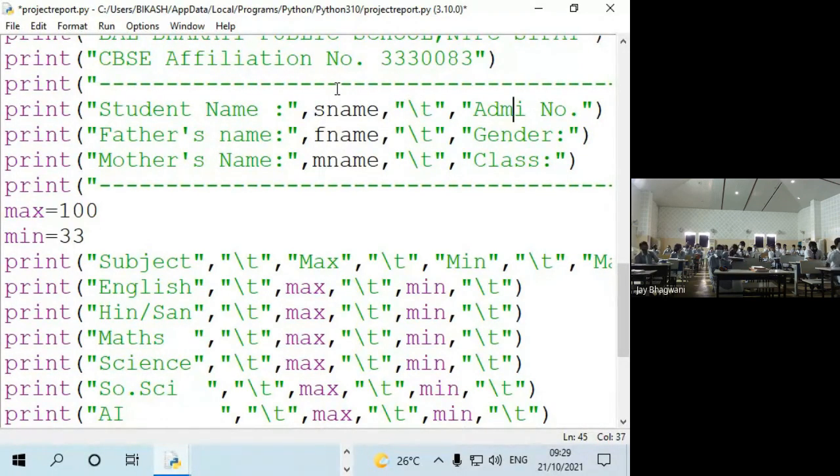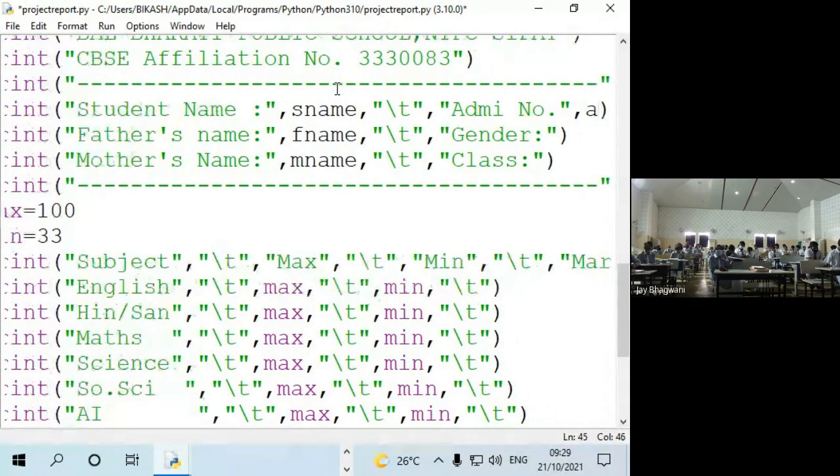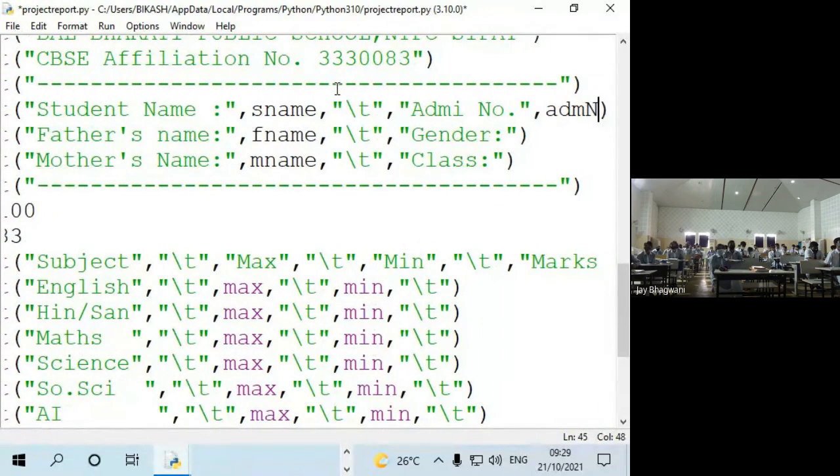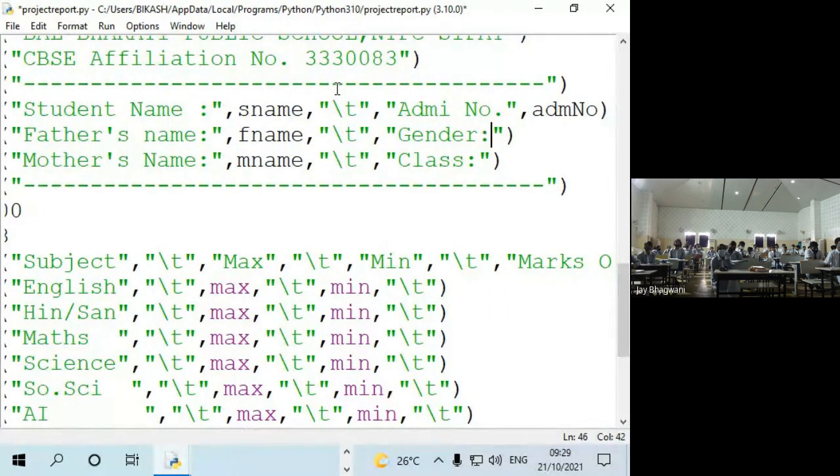Now at the right side also, after the admission number, I want to show the admission number. So what is the column name? My variable name, admission number, gender, what I have done, gender only. So that's why, if you define the variable name properly, then you don't need to go back and see what variable name we have defined. That's why the variable name should be purposeful. Okay. So class, I have given the S class. So all these values are displayed.